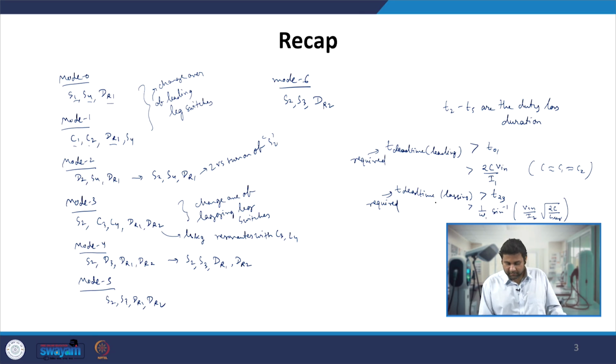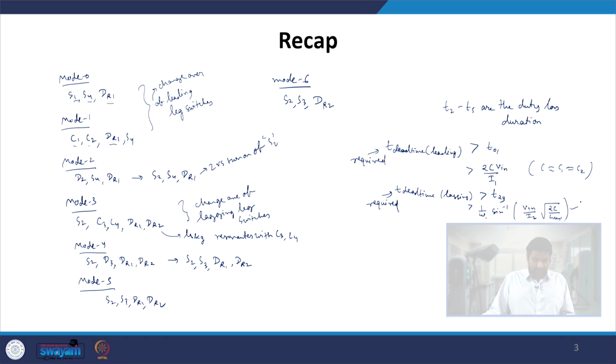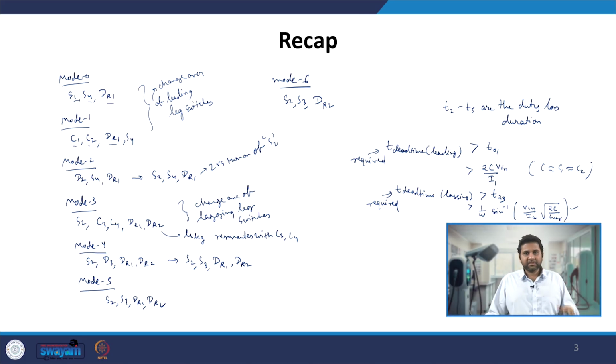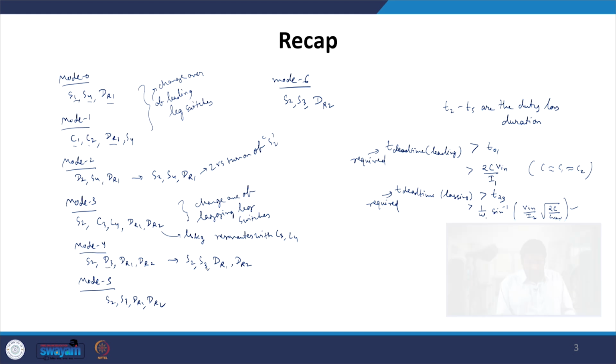So for that we have seen this particular scenario that we have to provide a dead time for the lagging leg, which we have obtained in this manner. Now after this kicks in, let us say we have given sufficient dead time such that the voltage of the VC4 goes to 0, and that is when the D3 will get conducted. After some time, since the D3 is conducted, you can now give the gate pulse to S3, and that is when we can get the ZVS turn on of S3.